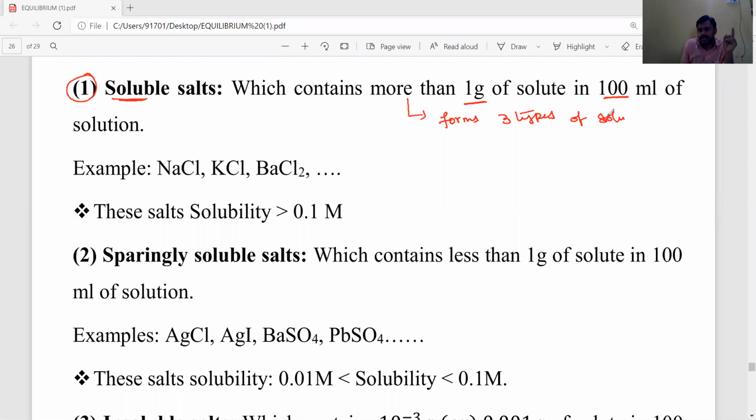So the soluble salts means, for example, any